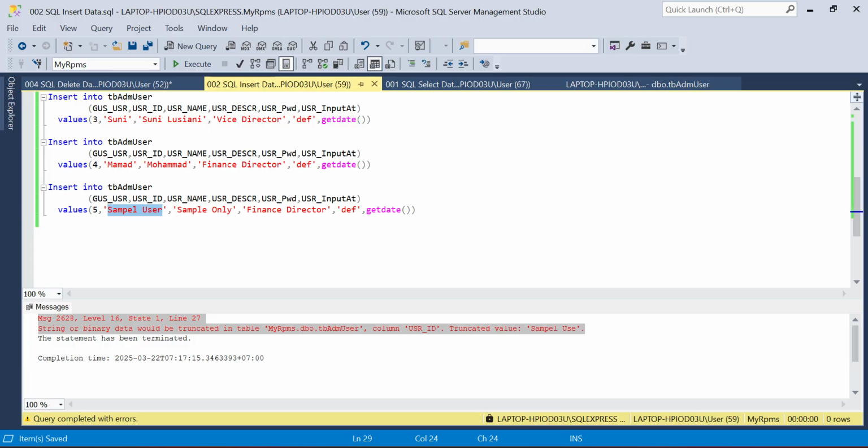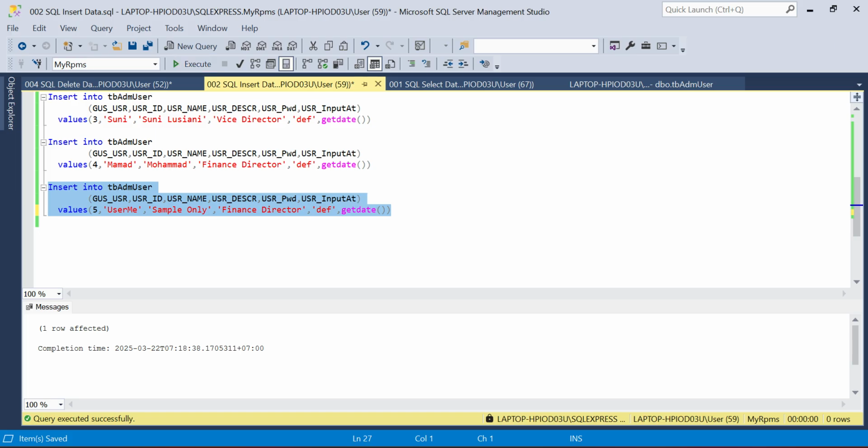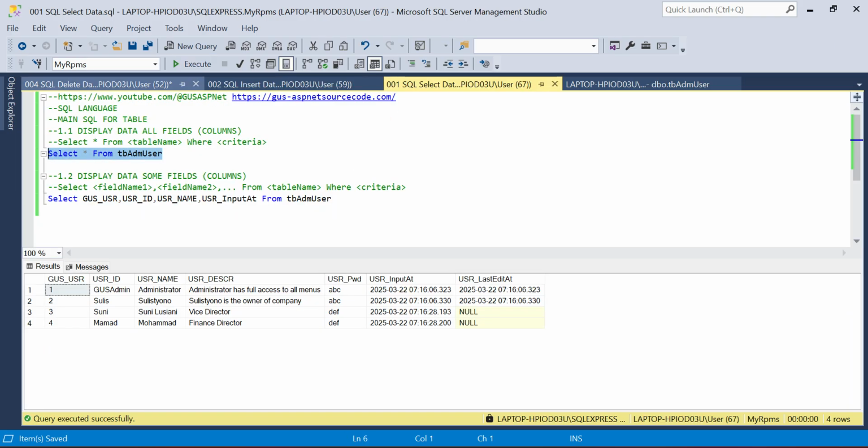That is why it returned an error. Okay, I will reduce the length. For example, user me. Okay, now let's insert the data. 1 rows affected. Let's see our data. See, we now have 5 data.